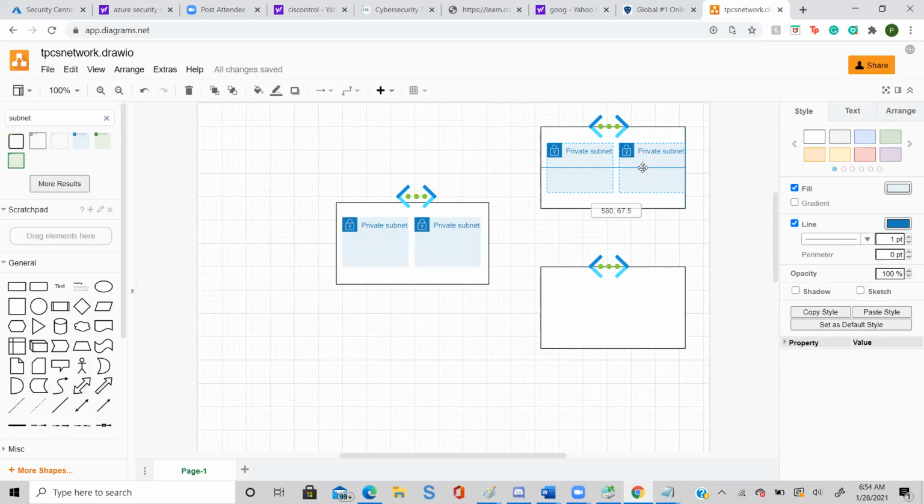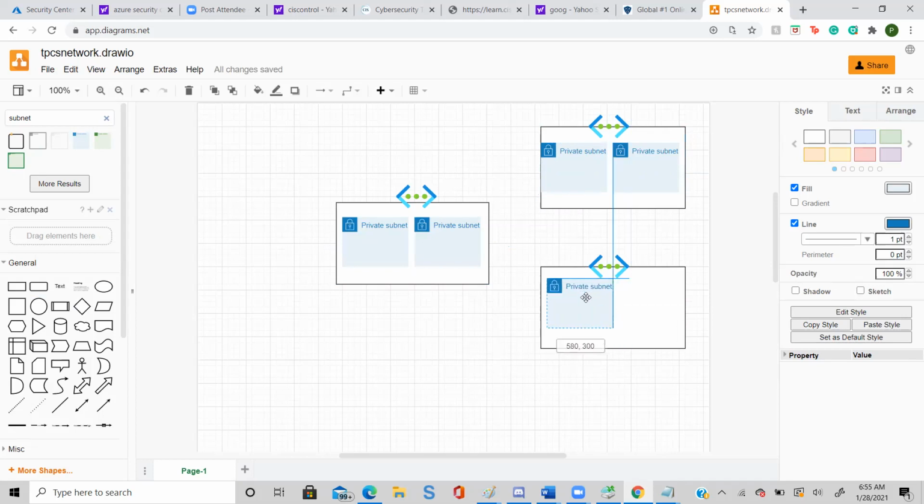No, but you said one is public and one is private, but we have both private. Sorry, both are private, because there is no public in the whole network. It's a secure network. And then I'm going to take this one and put it here. I'm making it more slowly because this is India, and India has three subnets.